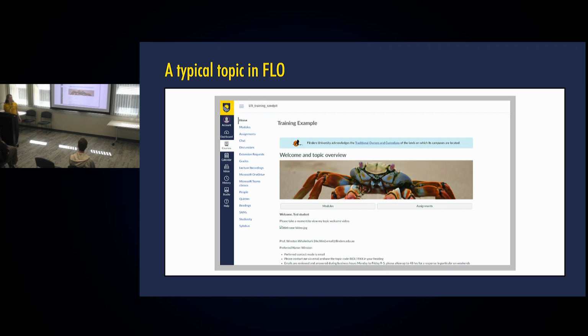When you open your topic, you'll see a layout similar to this. Unfortunately, no crab pictures, that's only for our test one. There is a navigation menu on the left, which will take you to different parts of the course. Each topic will have different elements as well, but the most common are,